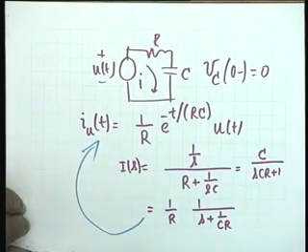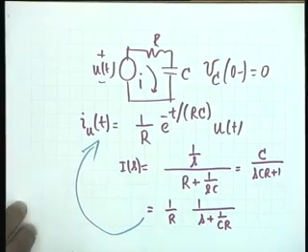Either you find the impulse response, then you integrate it to get the step response, or you proceed directly in the frequency domain, the Laplace transform domain. But you will find the impulse response, and then you will be integrating from 0 minus to t. That's right.